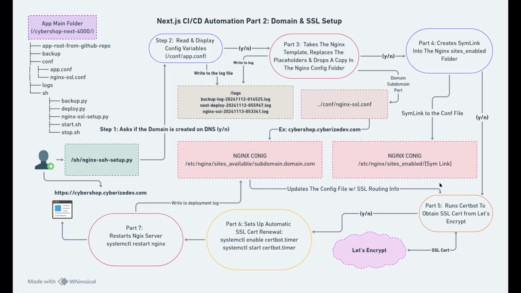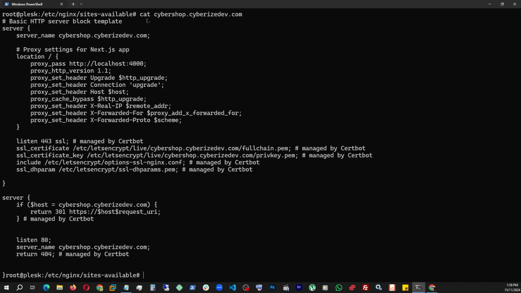This is where we actually run the Certbot. The Certbot then requests to the Let's Encrypt service and gets the necessary certificates and puts them in the right places. And this also makes an update to this file right here. Let's go check it out. All right, so as you can see,